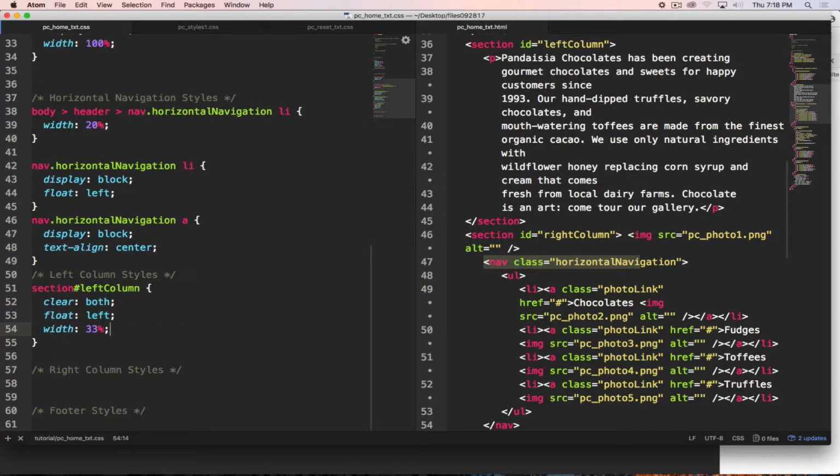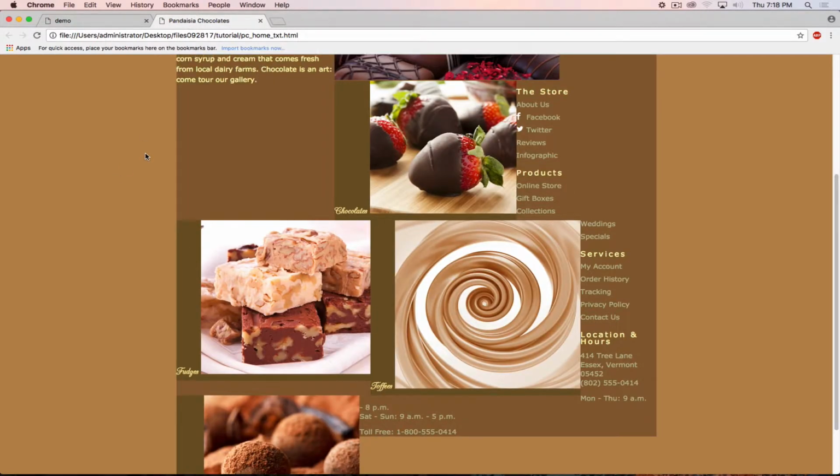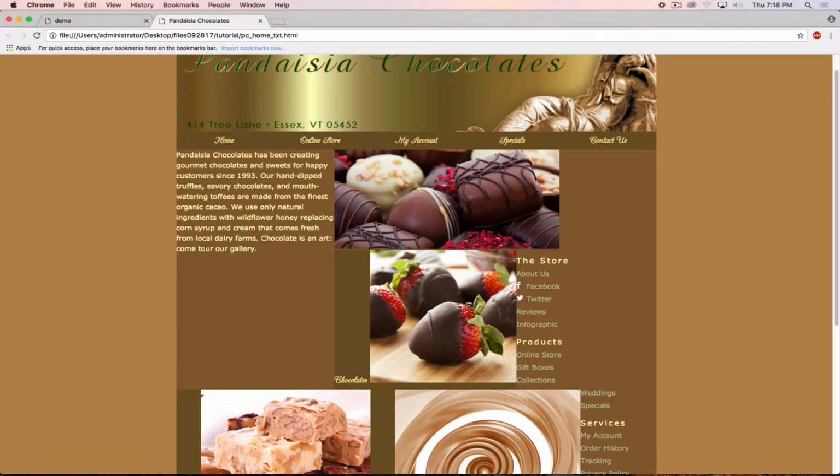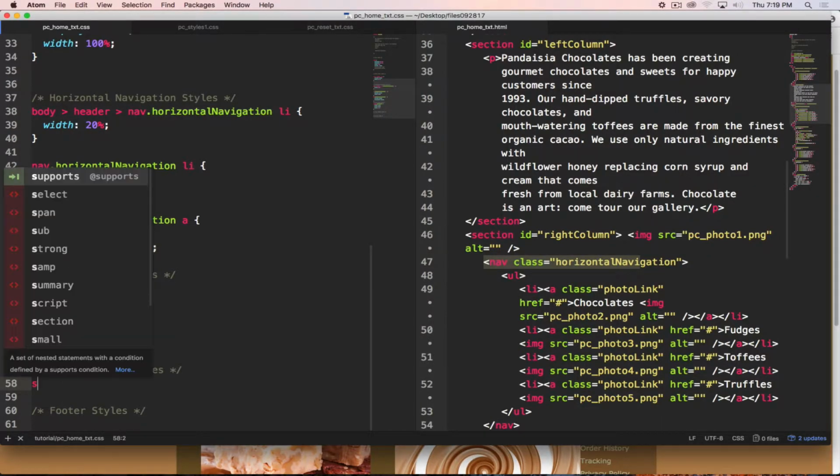And as I do that and save it and now go back into my chocolates page and reload that, we'll see how that paragraph is now floating over here on the side. Nice and pretty. The next thing that I can do is work the right column. Now as I look at the right column section,